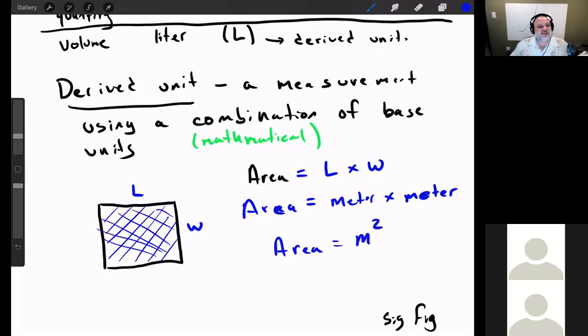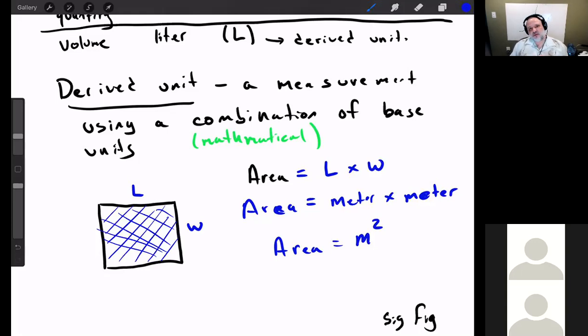And so this is something that I want everyone to grasp at this point. And this is definitely a challenge for a lot of students. It's this idea that you can take a unit of measurement like meters or seconds or whatever, and you can do math with them. The fact of the matter is, and you just kind of have to take it that you can do that, is that